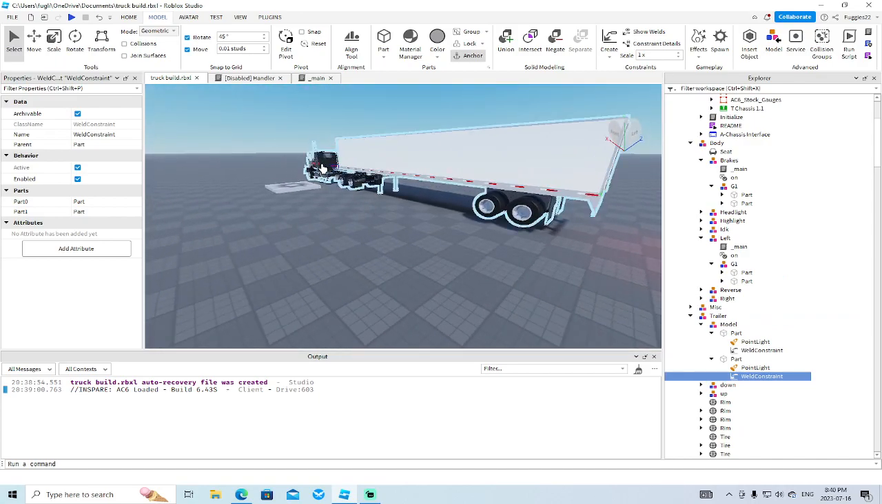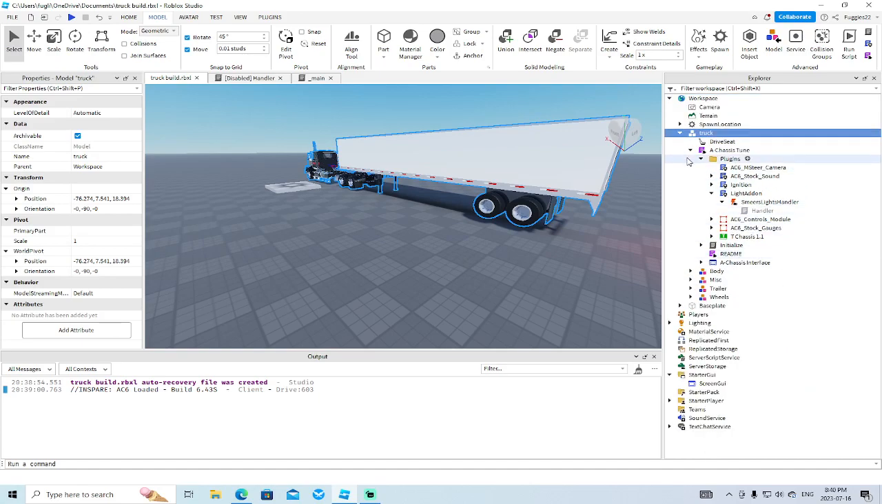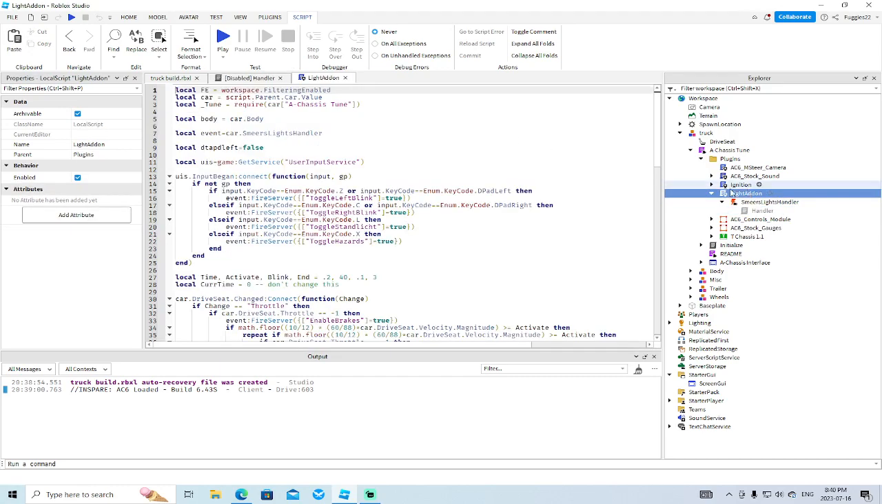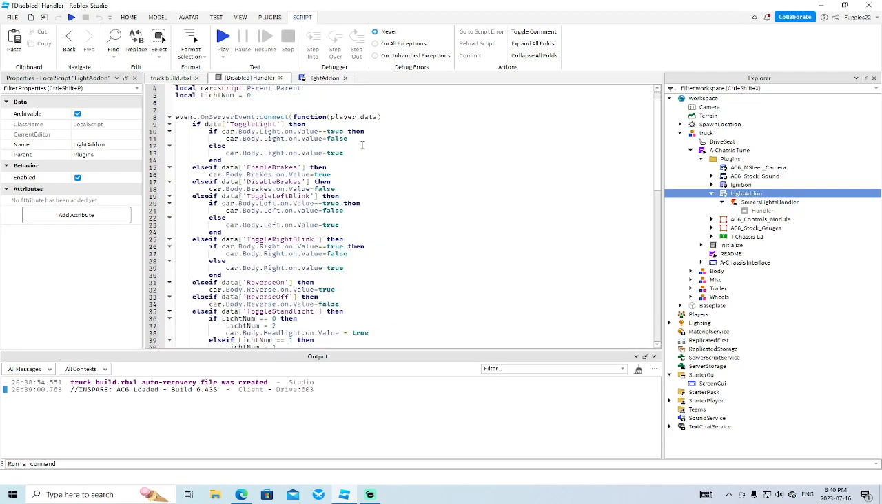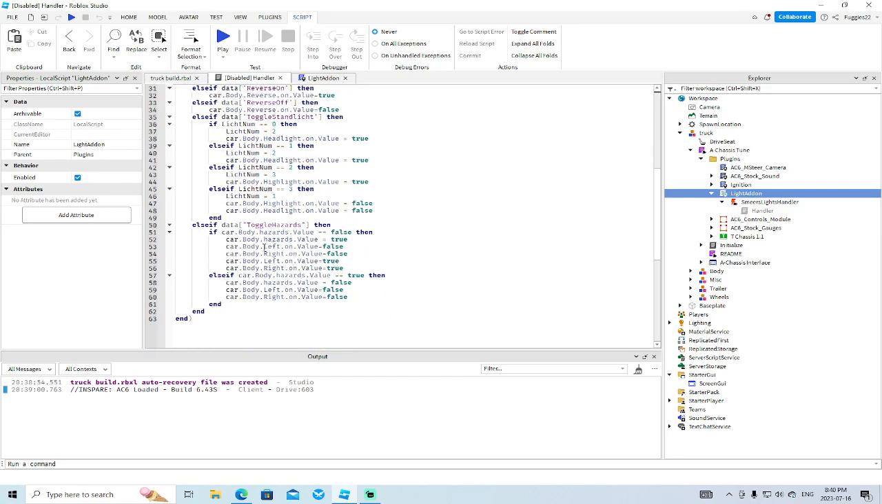Okay, so it gave us a couple of errors there. One of the errors was from the hazards. So if we go back into the handler, we can see that when you press X, it toggles the hazards. And then in the code here, for the hazards,